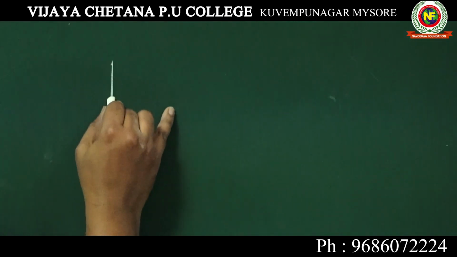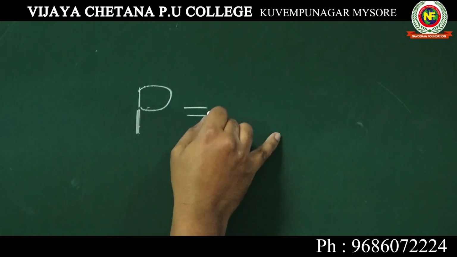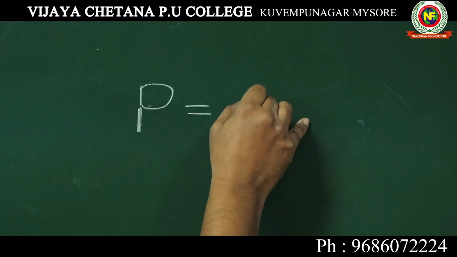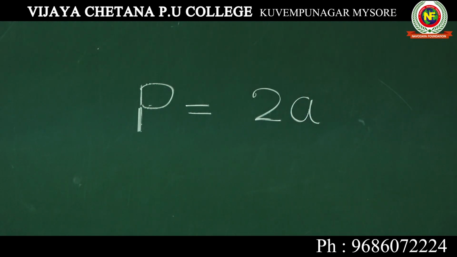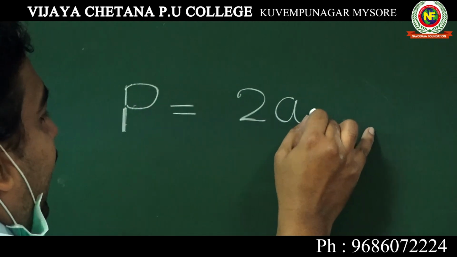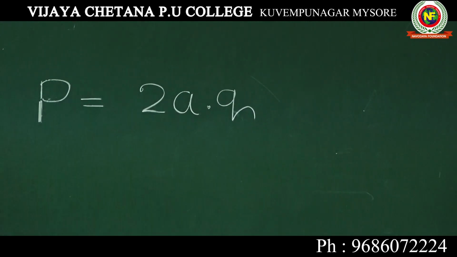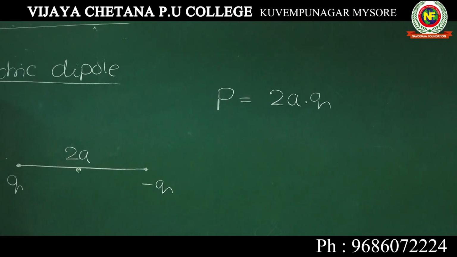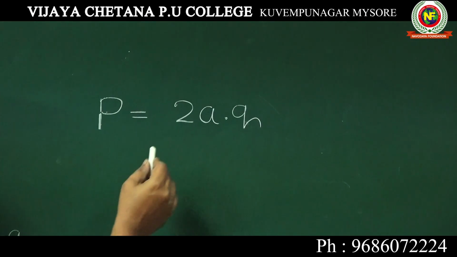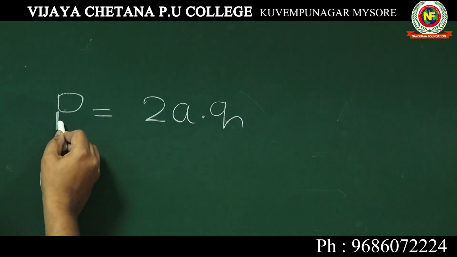Dipole moment is symbolized by the letter P. P is always equal to the product of the distance of separation between the two charges with the magnitude of either of the charges. No sign, only magnitude here. You can consider the magnitude of any of them because magnitudes are the same for both. Only they are different in terms of nature. Okay. So the product of the magnitude of either of the charges with the distance of separation in between is called